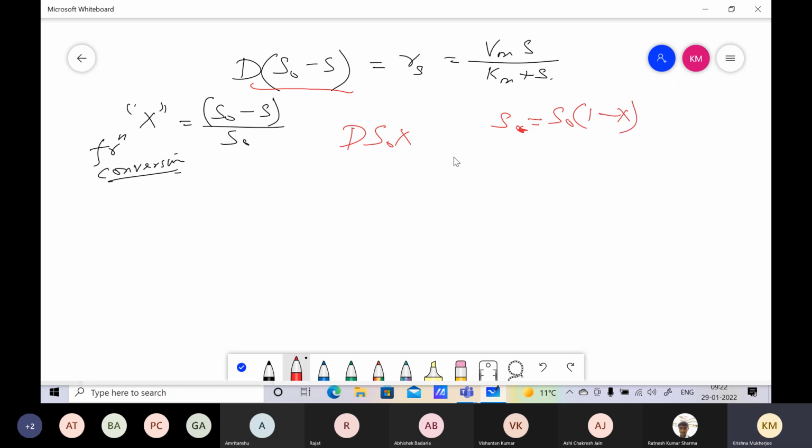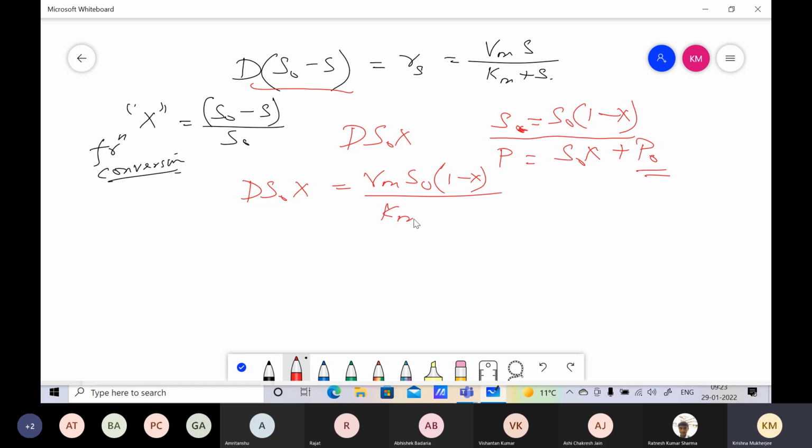Right? Because P theoretically is equal to S naught into X, that is the amount converted. This is the amount of unconverted substrate, plus P naught if there was something coming in, but let us assume that this is 0. So therefore we can write these equations as D S naught X is equal to Vm S, and let us substitute S naught 1 minus X here, upon Km plus